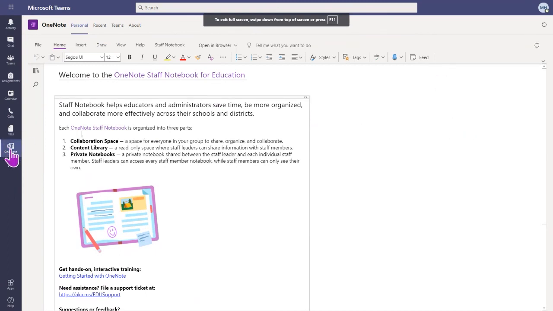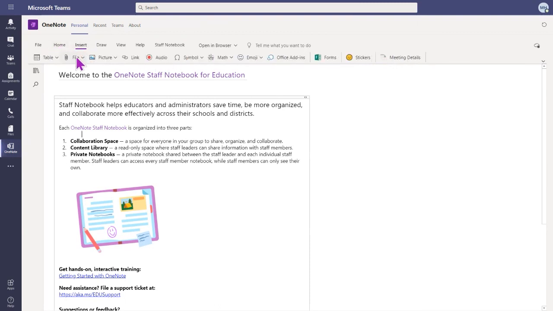So I'm in OneNote on my navigation bar, and I'm taking a look at my personal notebook. So you'll notice this does look very similar to when we were in the desktop application earlier. It does bear a close resemblance to OneNote for Windows 10. So if that's the version that you've been using, this will feel very familiar. You're still going to have most of the options that Pierce walked you through before as well, from being able to edit, list, things like that. We can go ahead and insert different audio recordings if we need to.